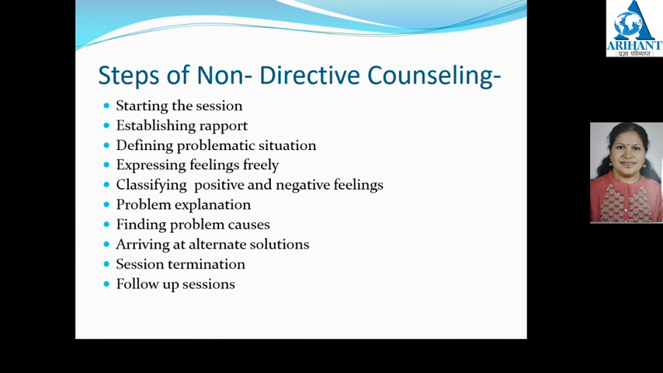Arriving at alternate solutions. Then after finding the problem and its causes, the counselor will arrive at alternate solutions. He will suggest, he will explain many things, many choices, many options to the counselee. When the counselor feels that the counselee can take his own decision after getting all the information about the problem, its causes, and what is needed to improve, and the counselee is able to solve his own problem, at this stage the session will be